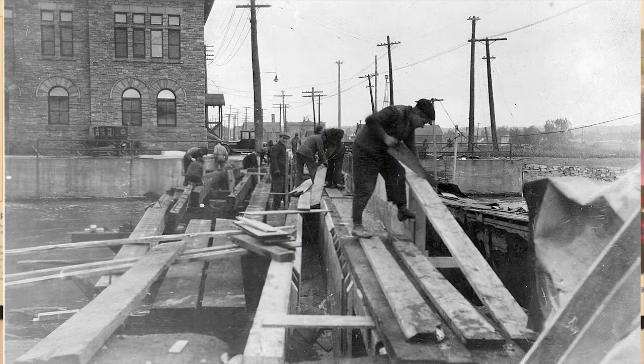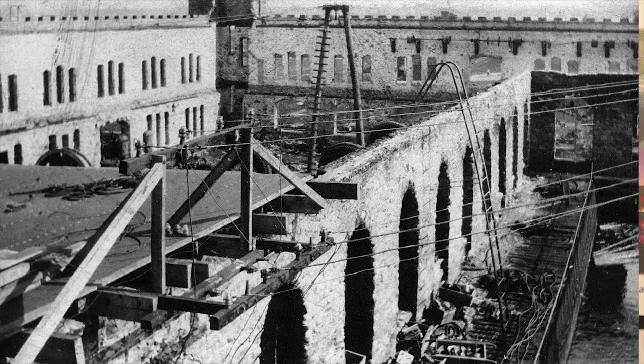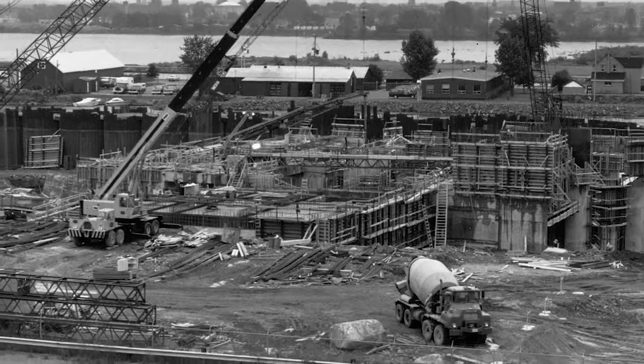And then around 1916, a new facility was built on this site, and it was the one that remained here up until this current facility was built in 1979. Now, just to put it in perspective, the old Sioux plant that we call it, that was here in 1916, it had 28